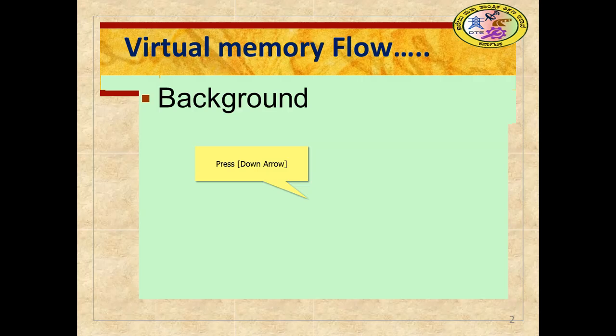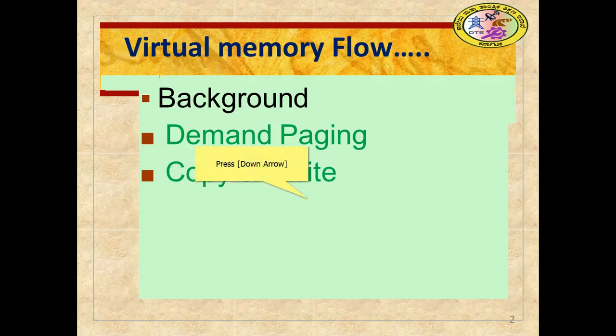After segmentation, we discuss demand paging. Only the demanded pages are brought into memory, without unnecessarily bringing in all the other pages which may not currently be needed. Then the copy-on-write concept will be discussed, where pages are shared by both the parent and the child process. To process such pages, we can apply copy-on-write with the fork and execute system calls.